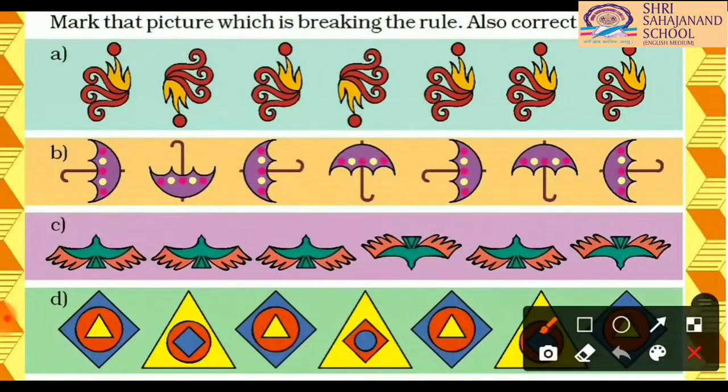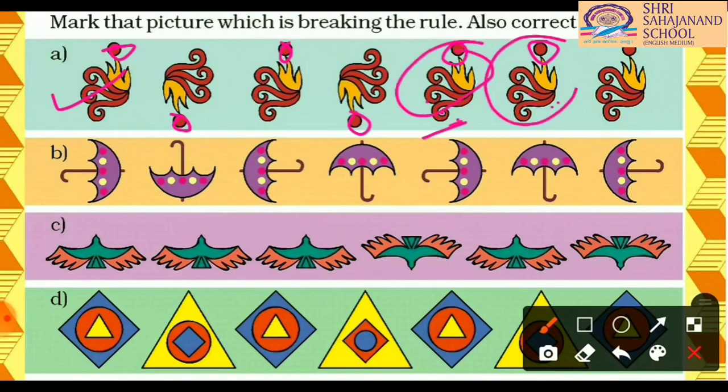So come to A. First we have a picture, beautiful. Now you can see that the circle is on the upside. Now it is downside, now upside, now once again downside, now once again up, and now it is once again up. So it is not possible that it will show the upside two times continuously. So this one is right and this is the wrong picture, because it should show the circle on the downside. So this is wrong.